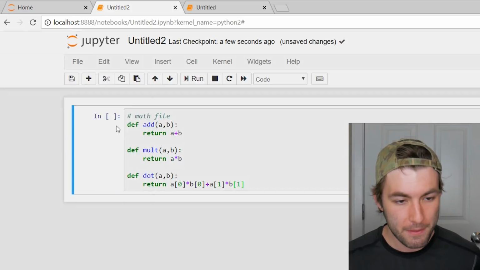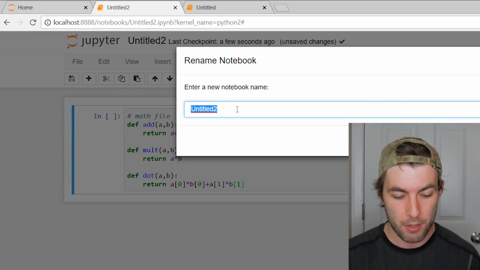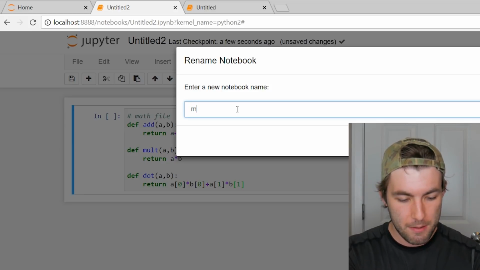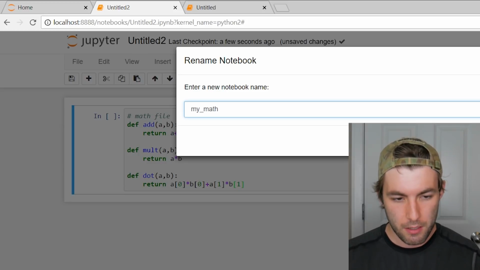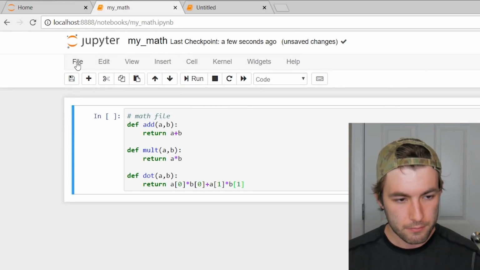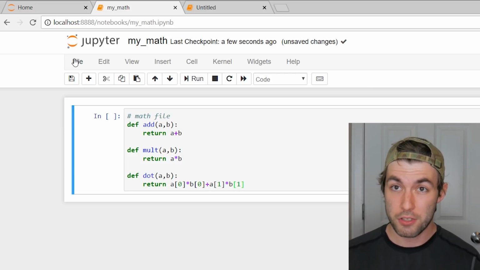We're going to rename this. This is going to be the name of our module that we're going to be importing. So let's name this my math, something that I know doesn't already exist. Okay, so rename that. Now, first off, whenever you save a file in Jupyter Notebook, it's